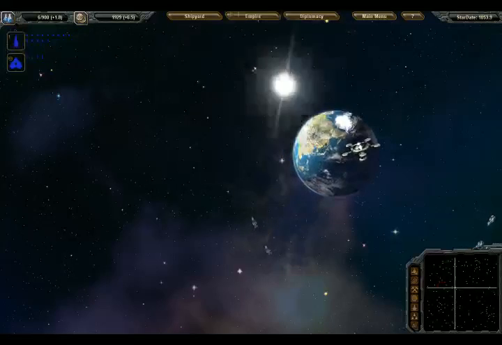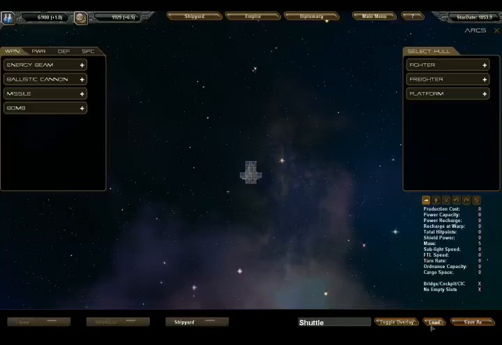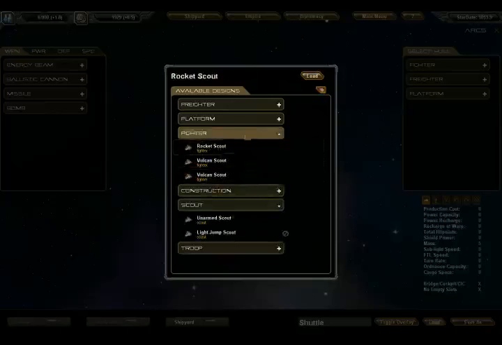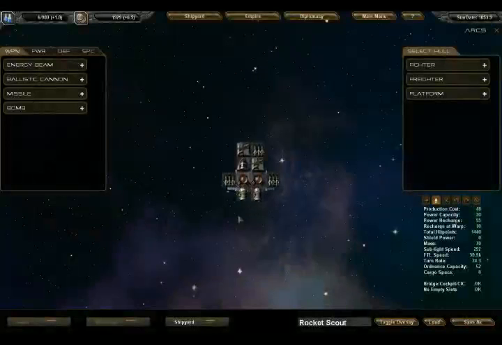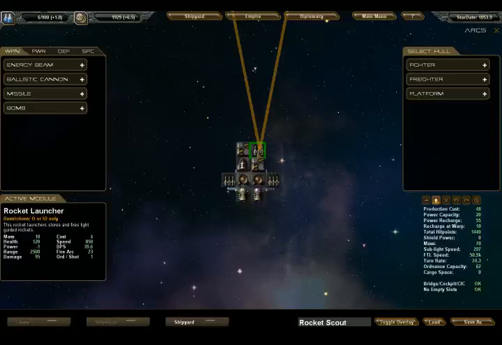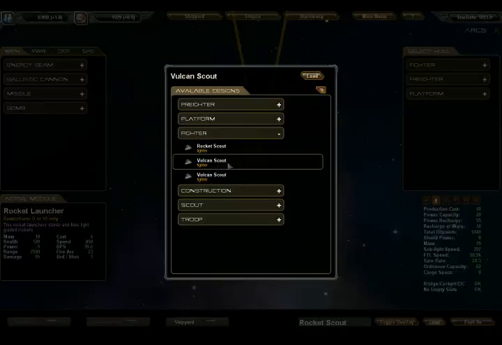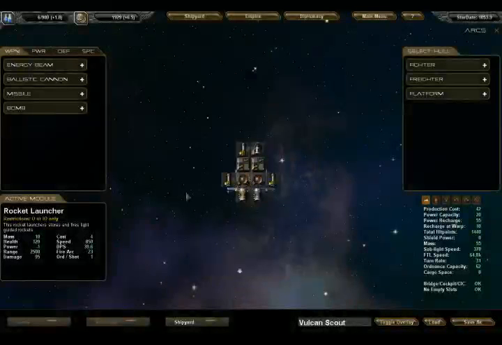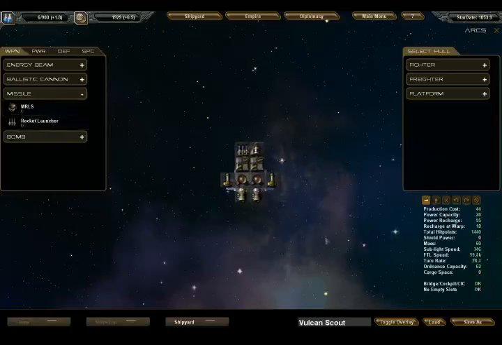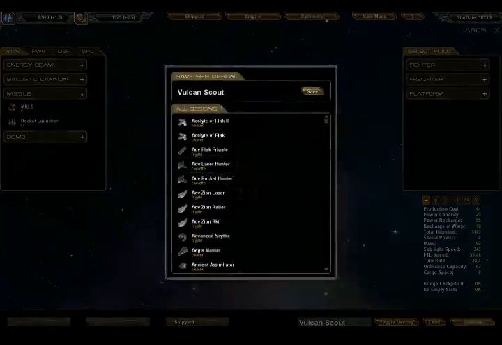So what we can do now is we can go into the shipyard, load our... So this is the base design that it gives. I'm going to actually delete, let's see, actually I like going off of the original Vulcan Scout platform. So what we're going to do is we're going to delete. I'm trying to remember how I did this. I believe it was 1 missile and 2 Gatling guns? Or rocket launcher, I would say. And then I'm going to save as